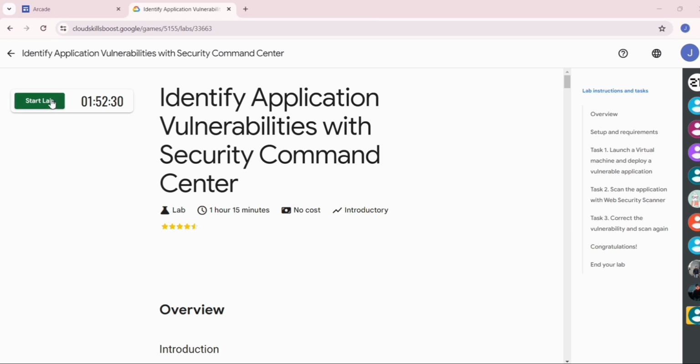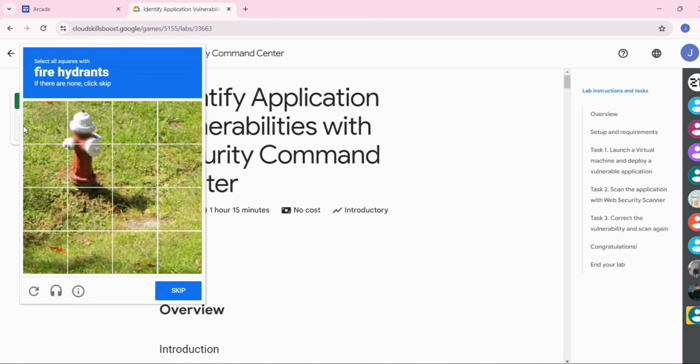Just click on the Start Lab button. Tick this checkbox, I am not a robot. Now select all the squares with the fire hydrant. Select it out.